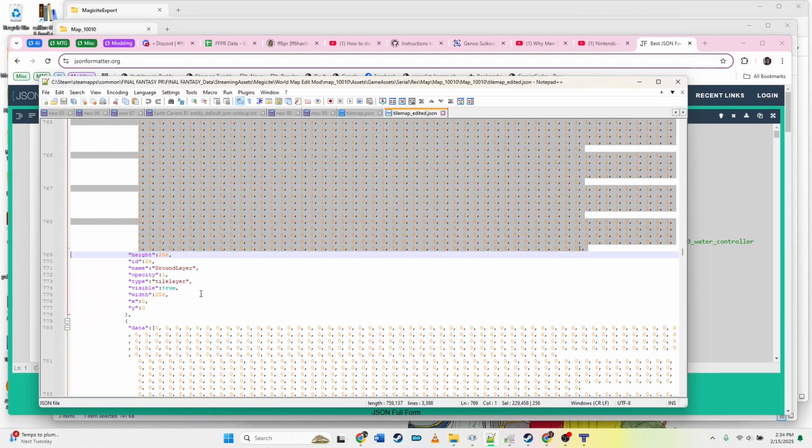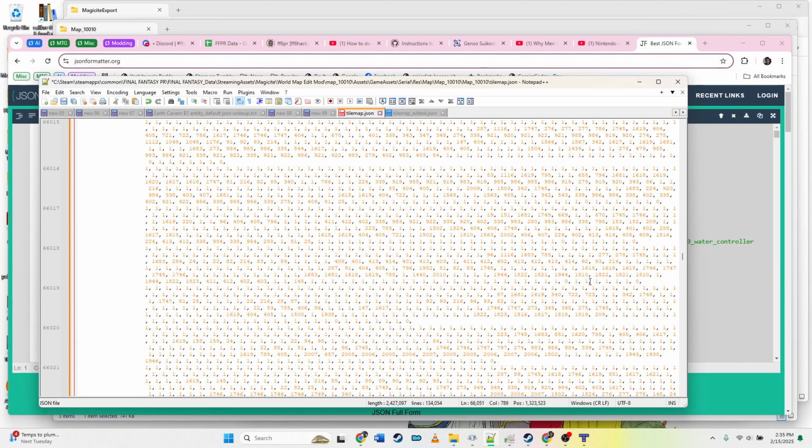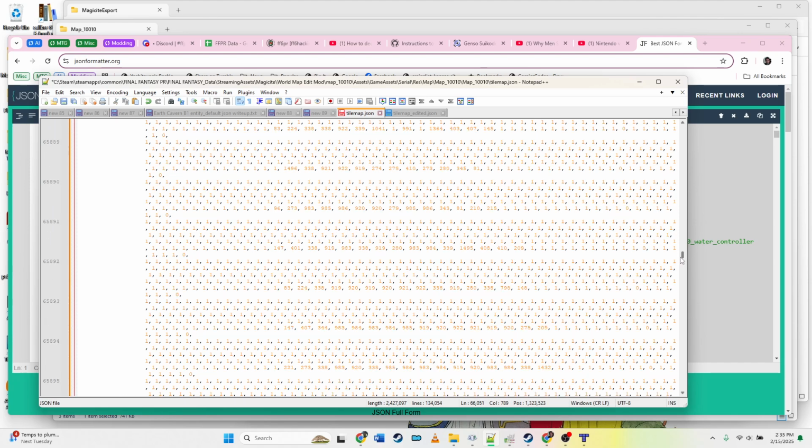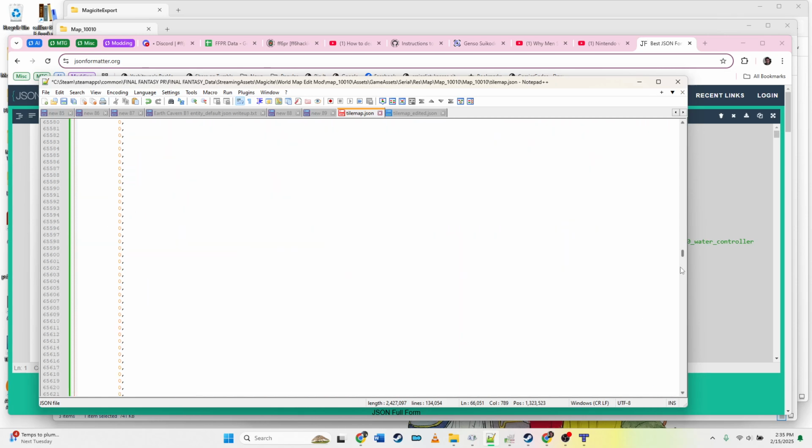Okay, and then we go to the bottom of our ground layer. And again, we will go to the end of our 0, which is where we have no comma. We could also just go to the brackets, but it's maybe easier to go to the bracket there, copy, add the bracket and comma there, and now we paste. And that'll place our edited layer in place of our unedited layer, which will also copy over the existing